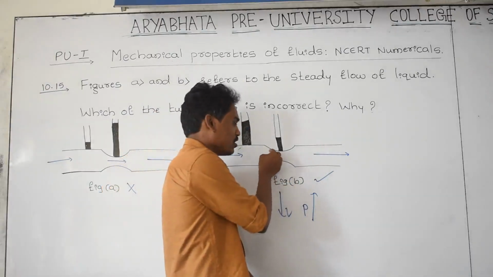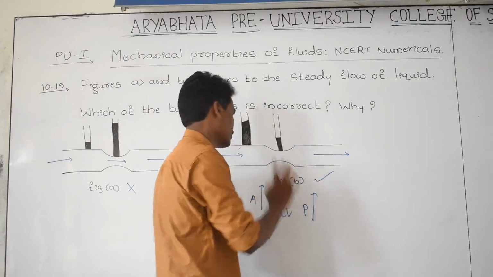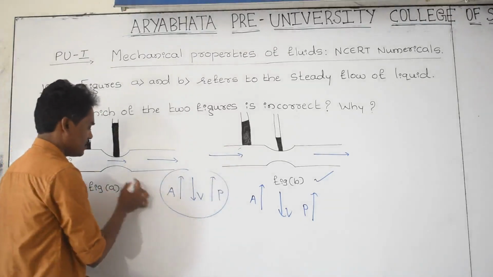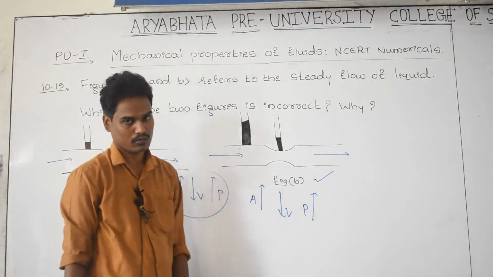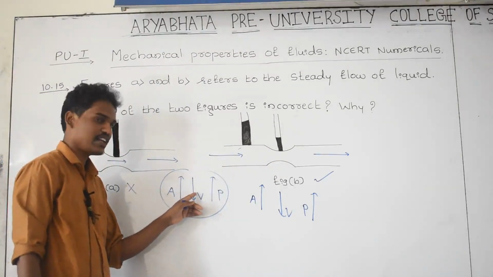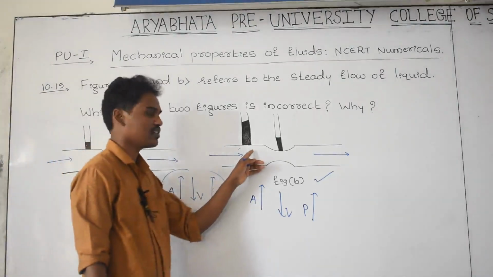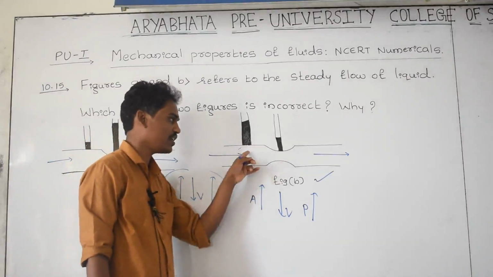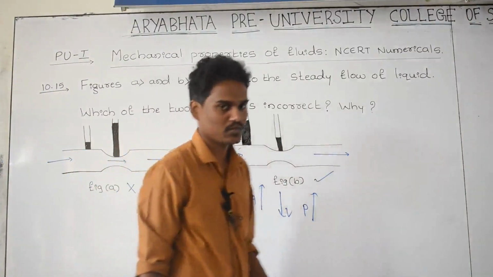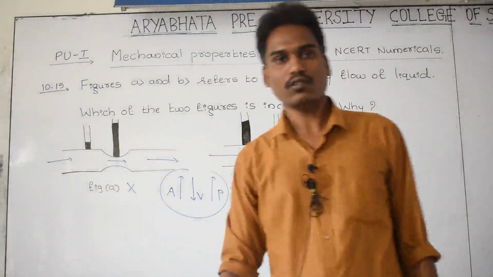Lesser is the area, more is the speed of the particles, and lesser is the pressure. That's why it is not rising much, and this is right and this is wrong. Just the theoretical question with respect to this relation: this is wrong. Where the area is more, the velocity of the fluid particles is very less and the pressure is more, but this relation is not happening here and here, but this relation is satisfied by this diagram here and here. Then this is incorrect and this one is correct. It does not need explanation, you can just remember it, or you need to know what is happening here, that's all.